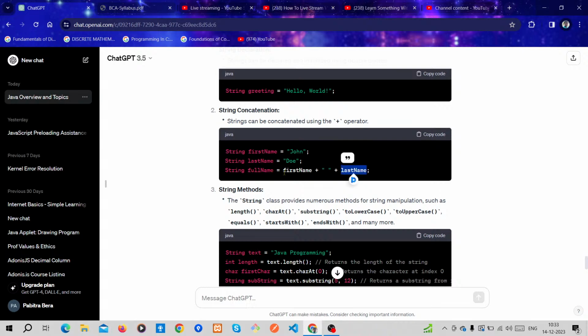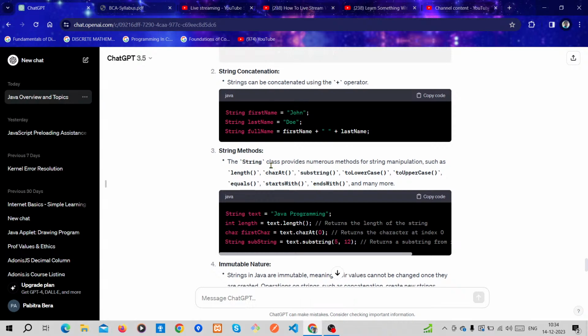So you can concatenate using this type. If you need to print a space, you can do it using double quotes, and if you need to print a variable, you can just assign the variable like that.